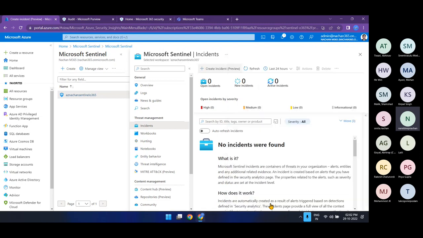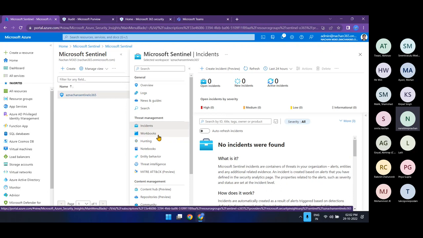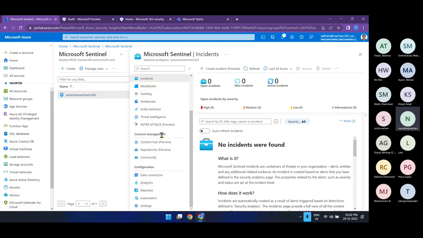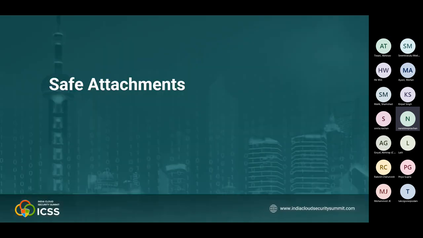And when the incident happens, even if you want to rectify that or notify any of the users, you will be able to do anything of that sort, right? So this is what we can do with Microsoft Sentinel and Microsoft Teams. Now let us